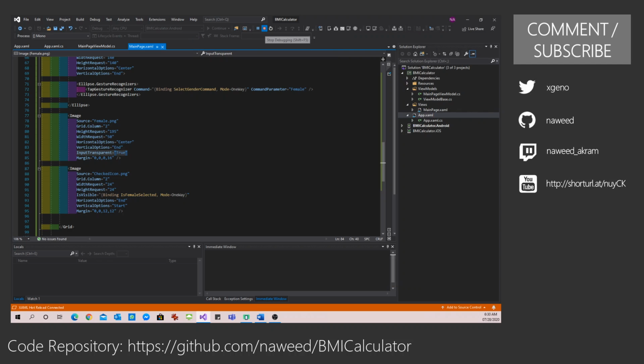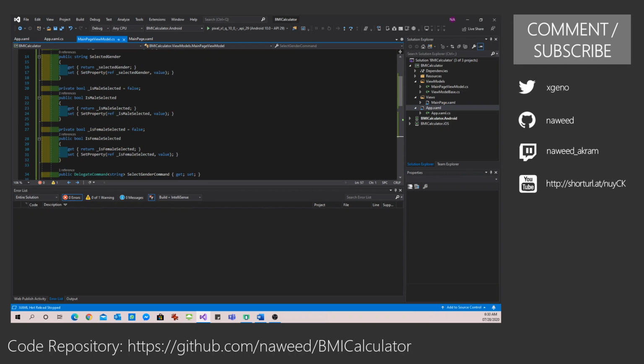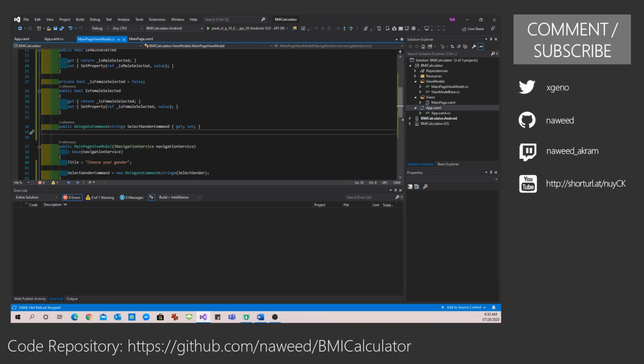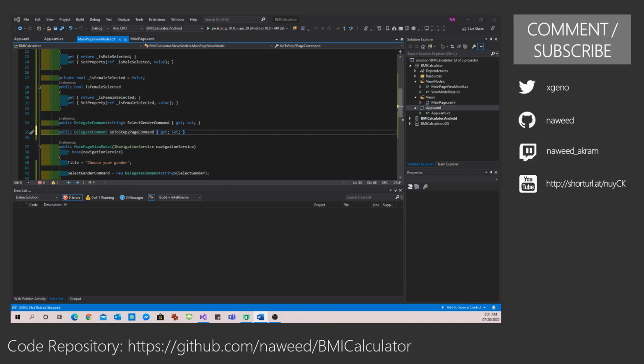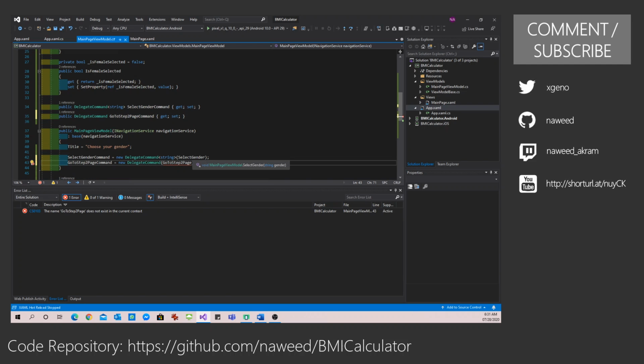Now let's work on the next button. For that we can again do something very simple. I can define a delegate. I can define a command for this called go to, say, step 2 page, and I can instantiate it over here saying that go to step 2 page.